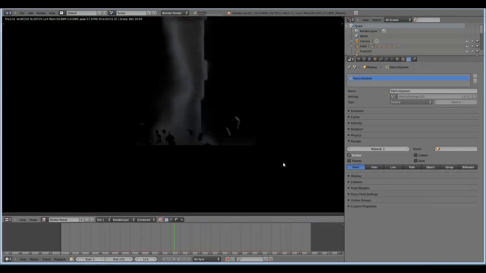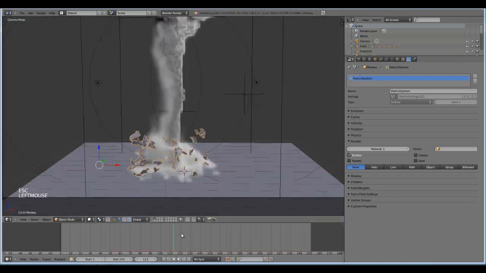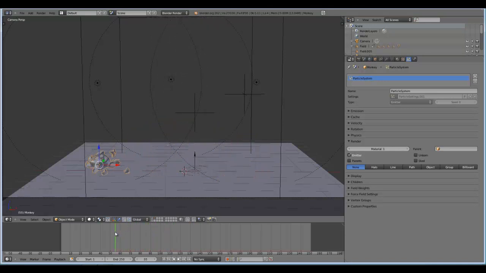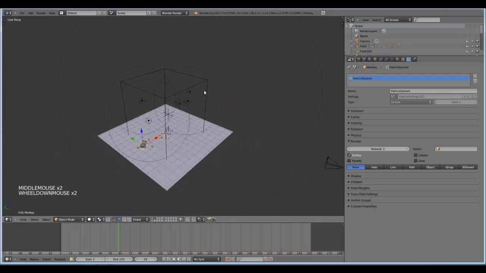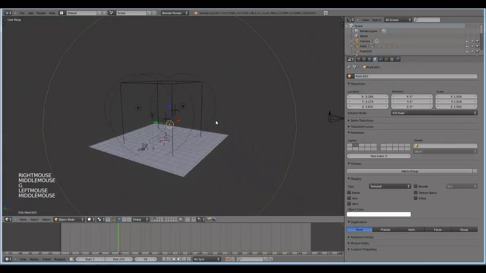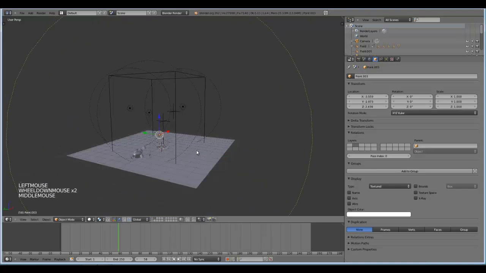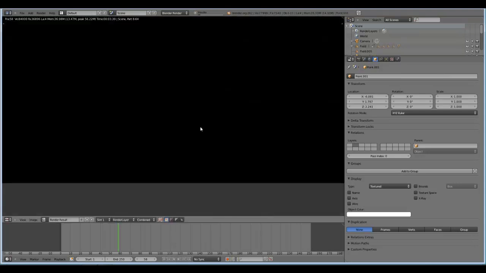But now the flying parts of Suzanne are all black, and this is because they are moving into the domain, and again because the light doesn't go through the domain from both sides, inner and outer. To show you this, I will move this big light inside and this little one outside, and if I render now,